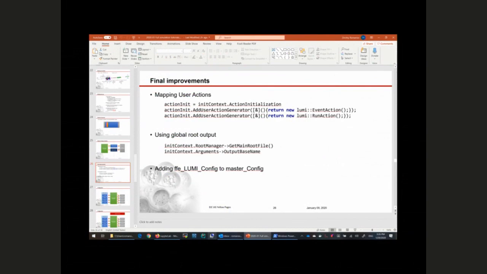For example, each subdetector may have any number of stepping actions. But the problem with multi-threading is that we have to create a new stepping action for each thread. So for this, we have this multi-initialization. Okay, I see that people are already tired. I just say that you link this stepping action or stacking action or run action or whatever with just one